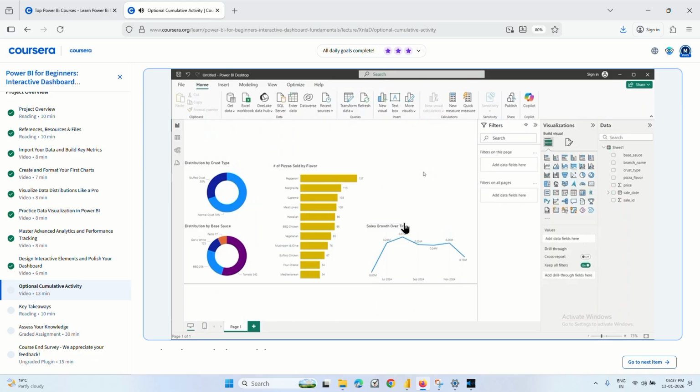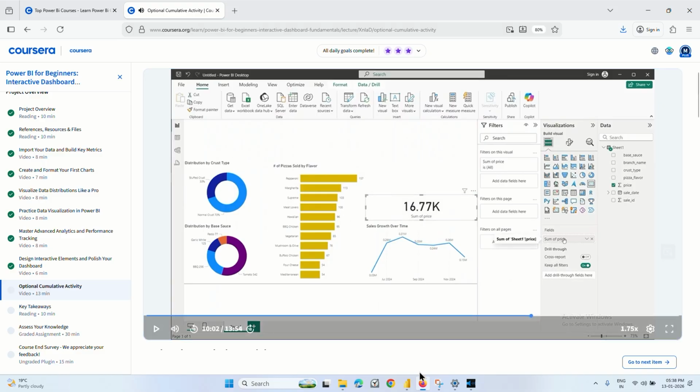Now let's add my 2 cards to show my 2 single number KPIs, which is first of all the sum of sales. So I'll go click here on price, and it's already formatted to sum. Let me put it right here, change it like this. And since it's saying sum of price, which isn't